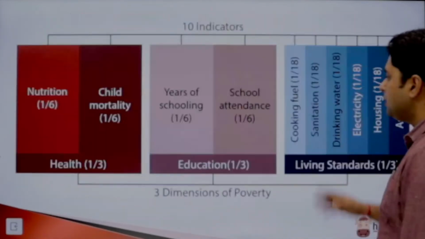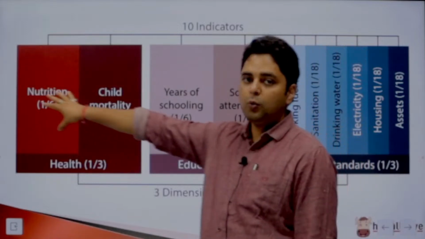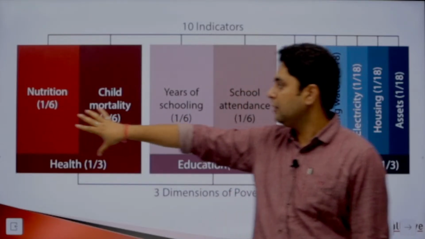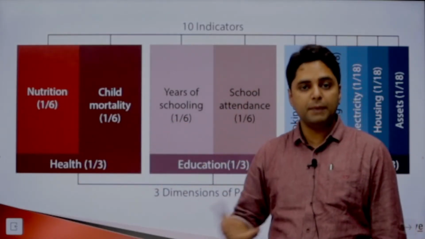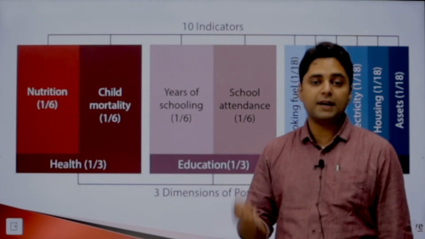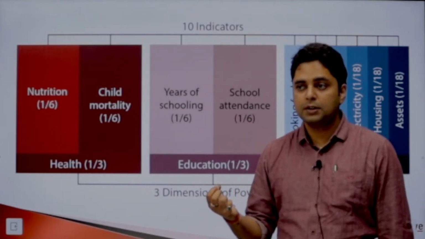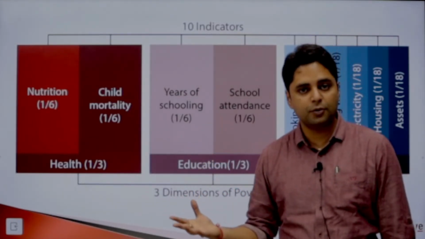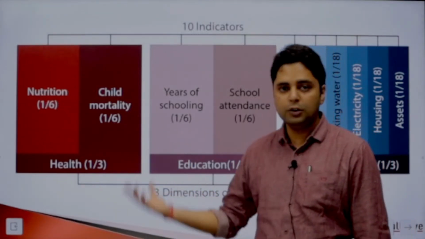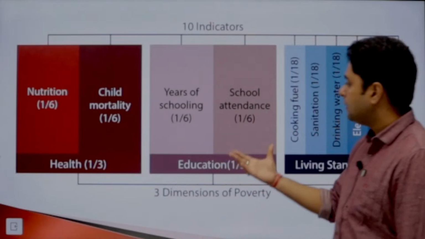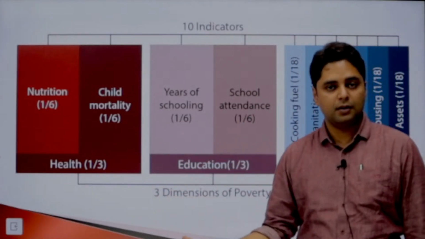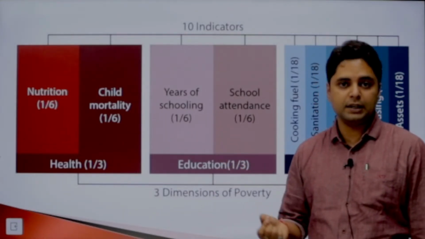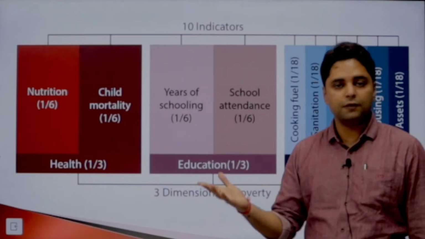Right? So now if we take a look at this again, now you can see one scheme at least at the national level for each of these. For nutrition, we have the Poshan Abhiyan. For reducing child mortality, we have a lot many things, not only in nutrition, but also in vaccination. The Ayushman Bharat Yojana is there. Then we have Indradhanush vaccination program, the pentavalent vaccination program, pulse polio abhiyan, all those. Then in years of schooling, we have Samagra Shiksha Abhiyan. We have the fact that right to education is now not only a fundamental right, but also a statutory right in India. You know, for 8 years, you get free of cost schooling.